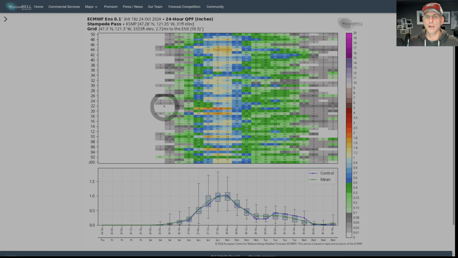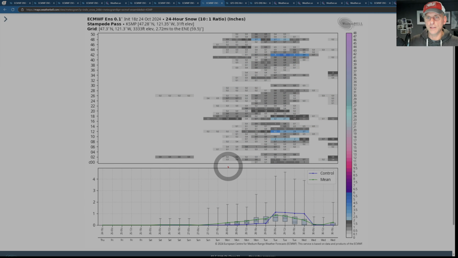I'll show you that here in a moment. But I did want to show you, for example, Stampede Pass, about 3,000 feet up in the atmosphere. And again, some big disagreement between the individual ensemble members, but the mean and the control make for a pretty confident forecast. You can see they're in lockstep as we go off towards the end of the month. So we have a pretty confident forecast as far as what is going to happen on these 24-hour segments as far as total precipitation is concerned.